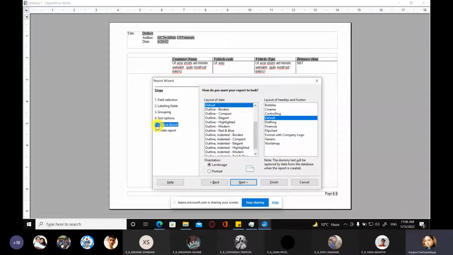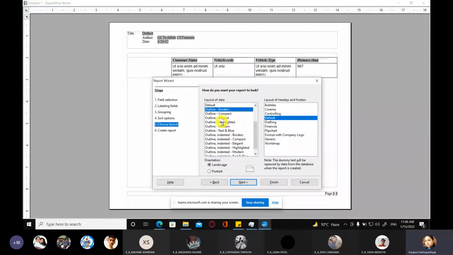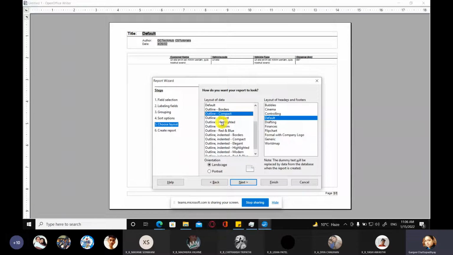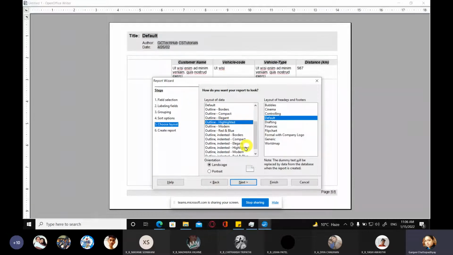Now the next step, the fifth step, is choose layout. We have the default layout right now. If you want, you can change this layout by selecting various options. Suppose I selected the highlighted layout right now. Then you have the layout of headers and footers. The first box is for changing the layout of data, and the second box is for changing the layout of header and footer.